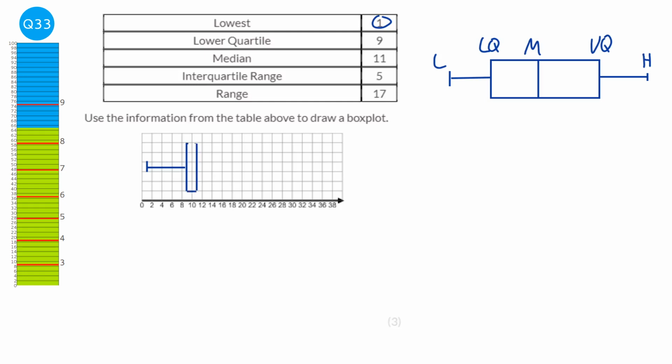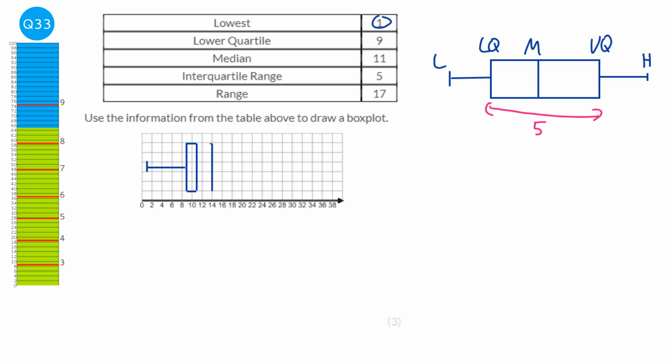Quite a thin box plot so far. Now it says the interquartile range is 5. Now the interquartile range is the distance here. So that's 5. So it's going to be 5 more than the lower quartile. If the lower quartile is at 9, it would be 9 plus 5, which will be 14. So if we get our line at 14,